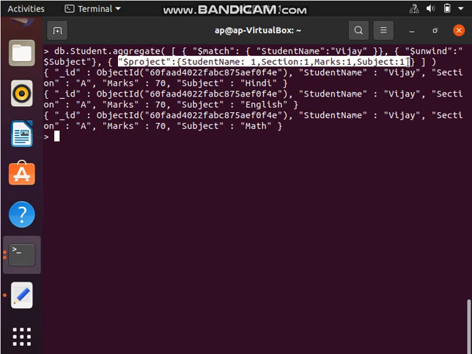I hope, guys, you have understood how we can make use of unwind, what the meaning of unwind is, and how we can use it for flattening the output, right? Just to summarize in layman's words, in this example which I've taken, against VJ I was having 3 subjects, right? So it means it's clear that I'll be getting 3 documents, right? I've already said that if we have 3 elements in an array, it will give us 3 documents as a result, right? So it is used for flattening the output.